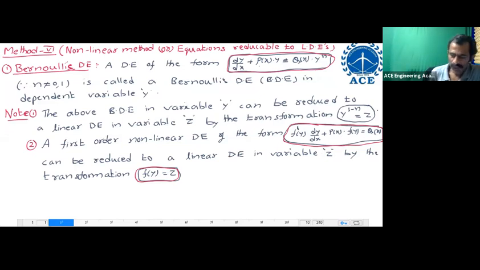Let us do the problems on this. We are going to second page. I'm writing the problem. The solution of the differential equation